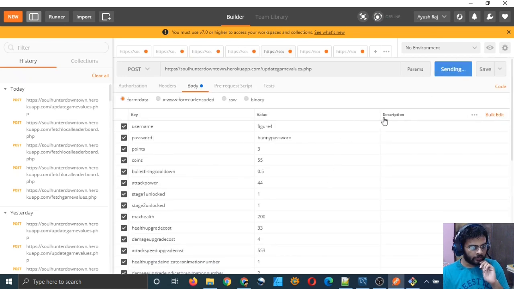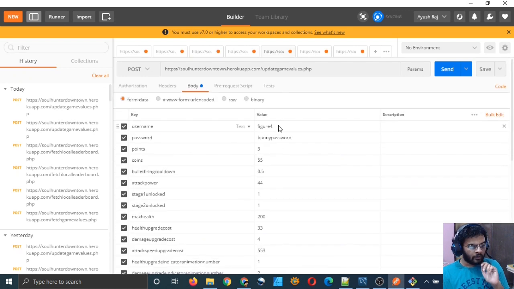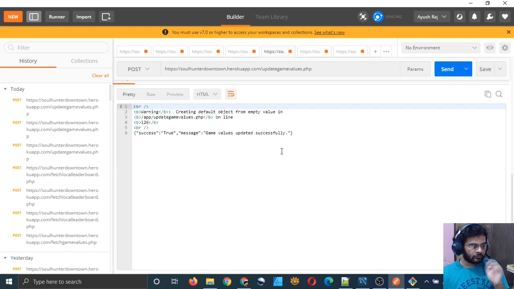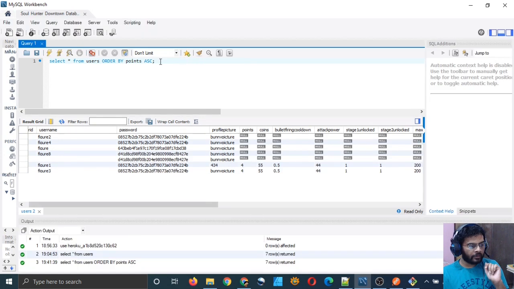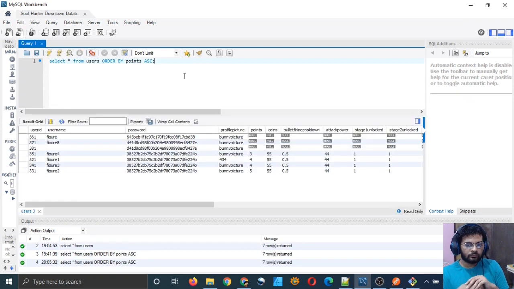Couldn't get any response, but yesterday the script was working. Yeah, updated successfully. And for figure 2 also, I will choose a higher value. Yeah, so let me check if they were updated or not. Yeah, they were 3, 4, 4, 5.